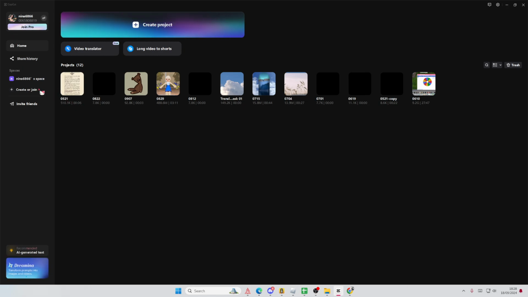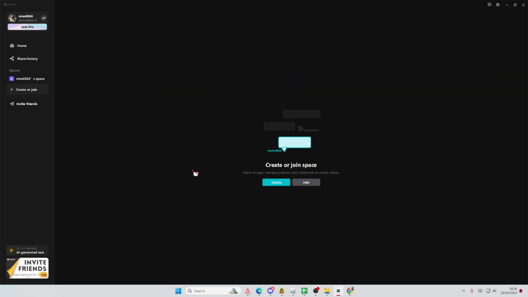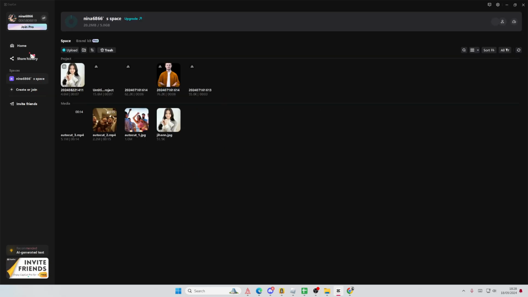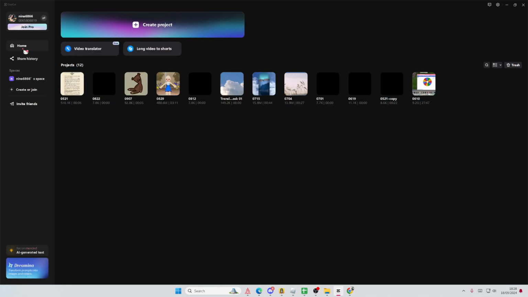Then you are going to either create or join a space. You're just going to create a space. I already have one here. Then what you are going to do next is select the project you want to transfer